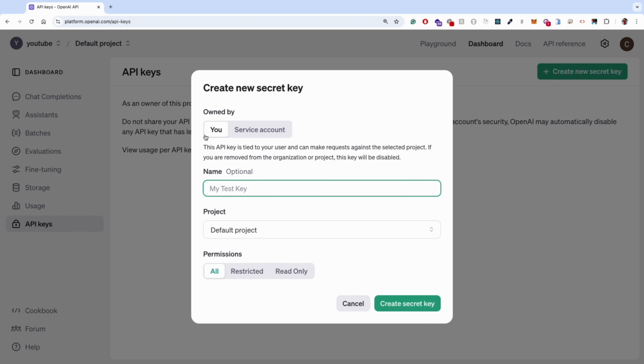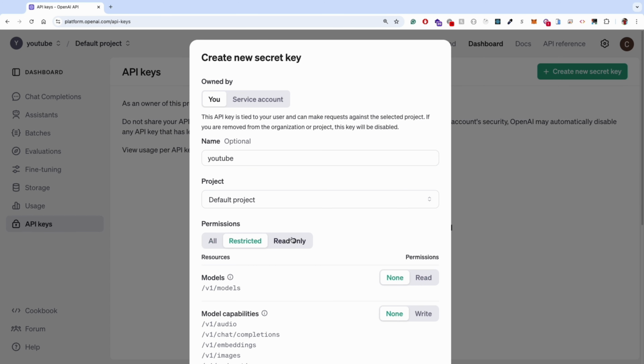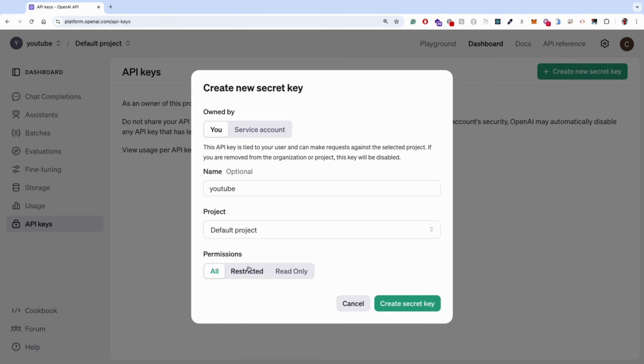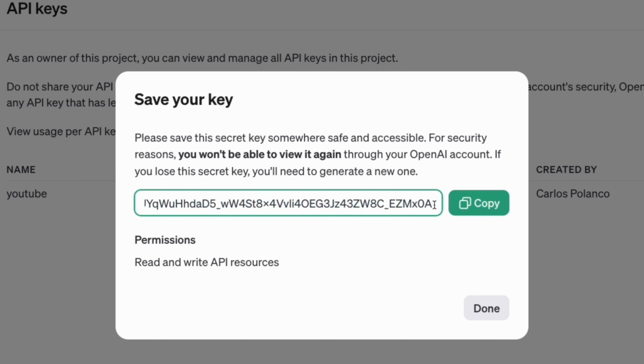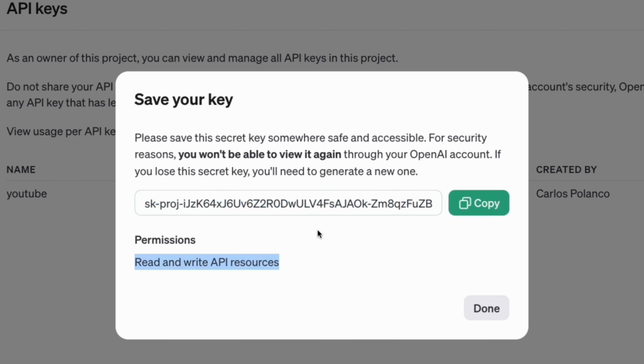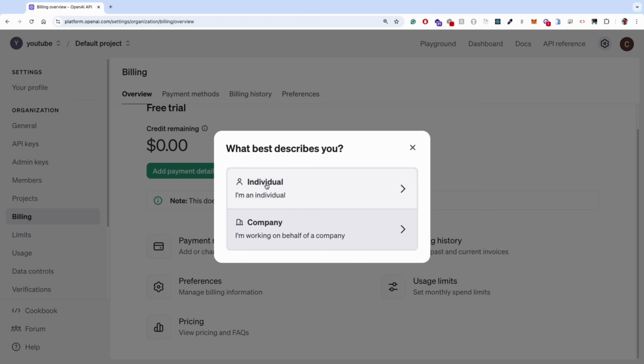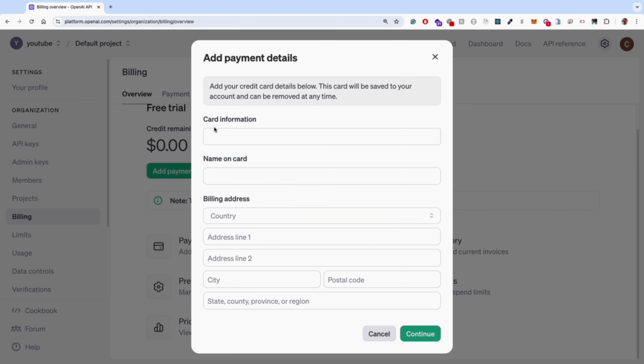And you can set your key for personal use or for a service account, like a backend or a SaaS service. And you can set the key for different access levels or for read-only access. I'm going to set it for personal use and use the default project. Then just copy your key, and remember to keep it secure and don't share it with anybody. But before you can actually use the key, you will need to add a minimum credit of $5 to your